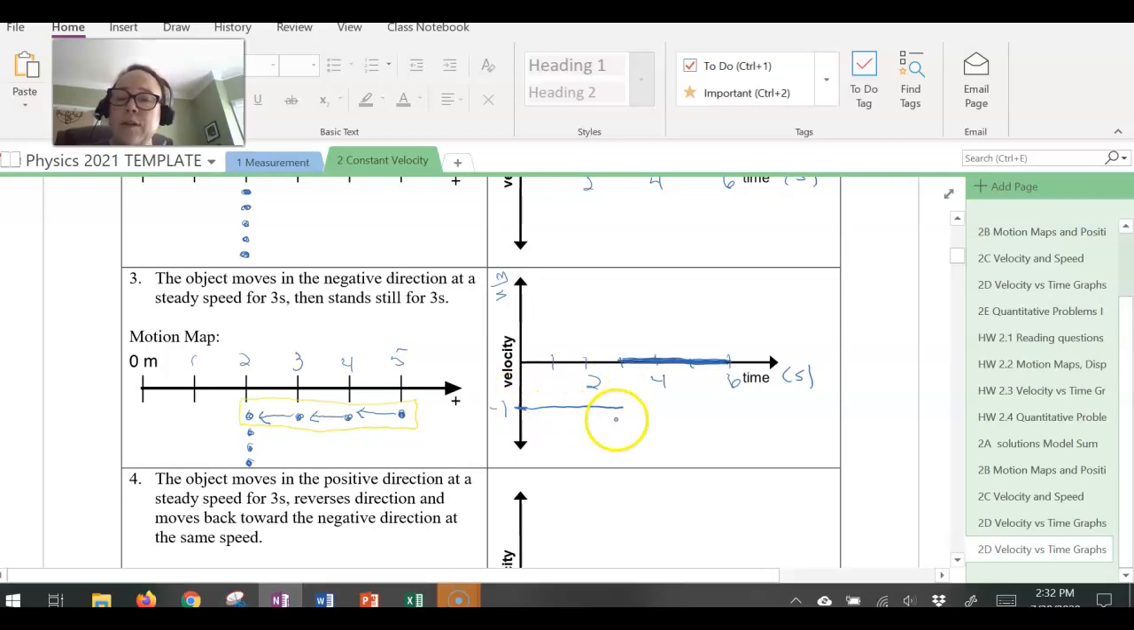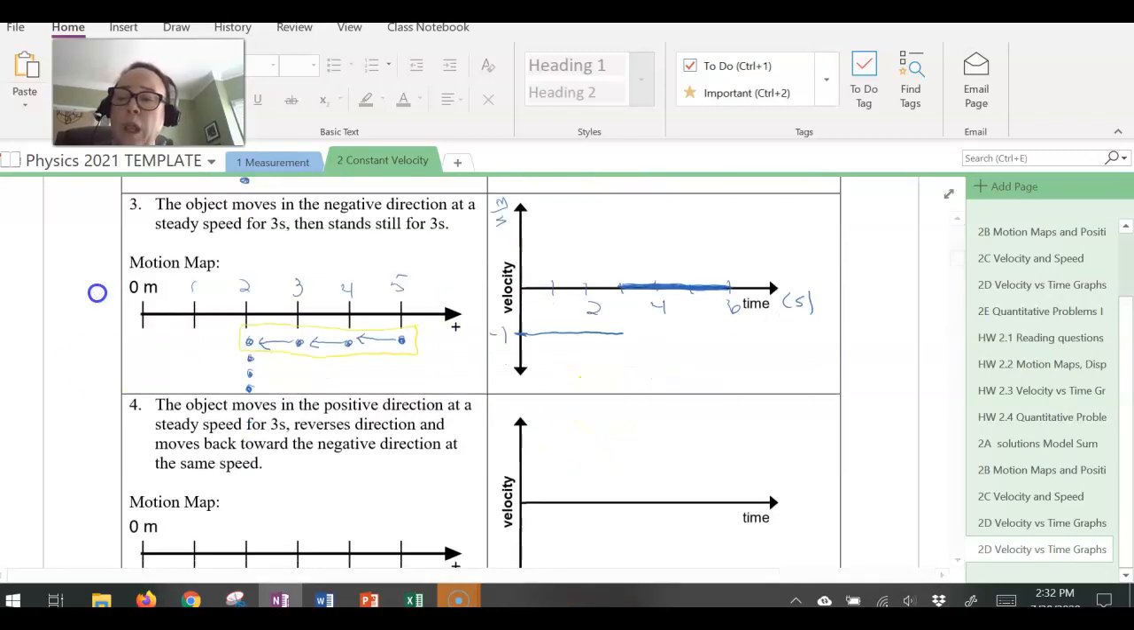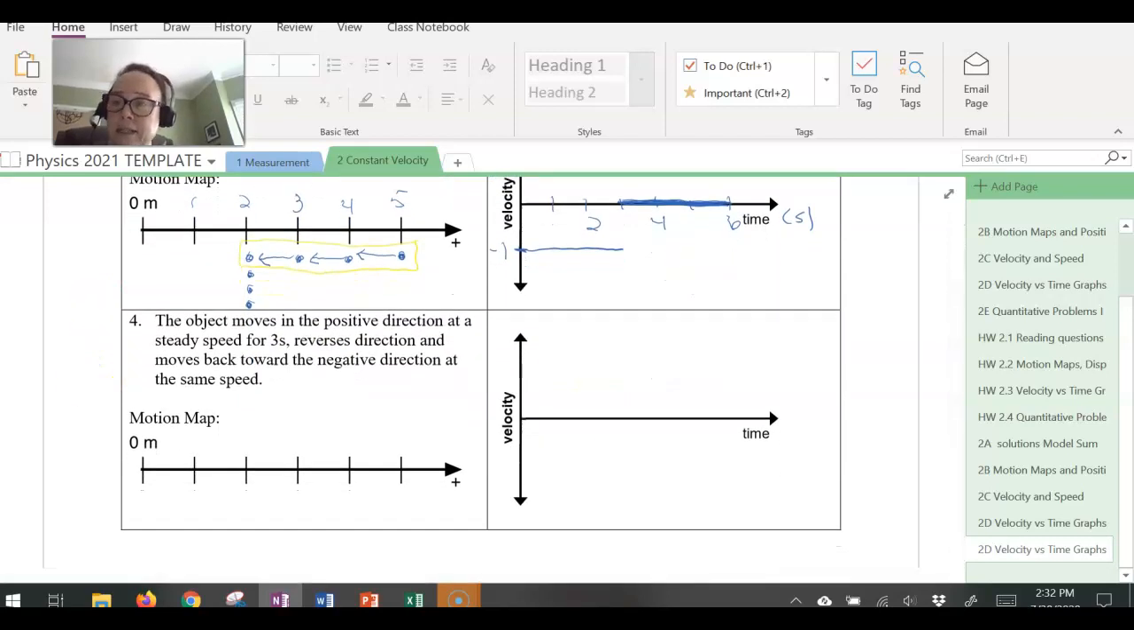But notice, and let's just emphasize this again, when the object is moving in the negative direction, the velocity has to be negative. So always pay attention to what the sign is of the velocity on the velocity versus time graph, because the sign is identifying the direction that the object is moving. Okay, in example 4,